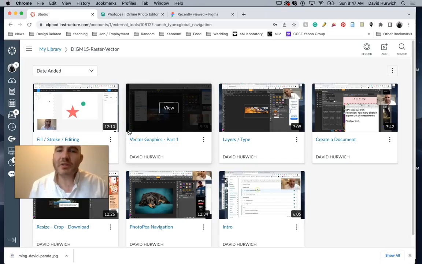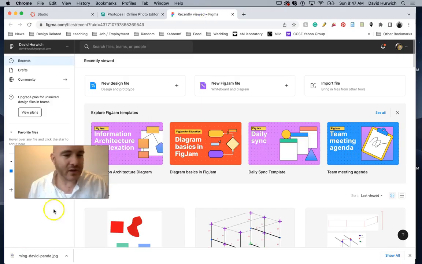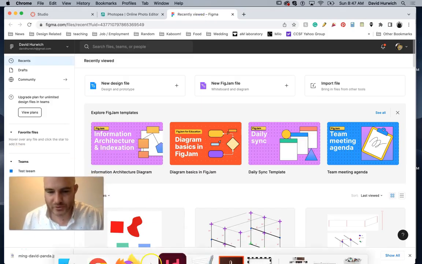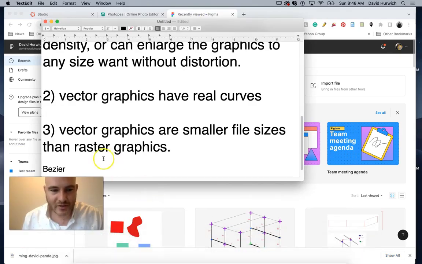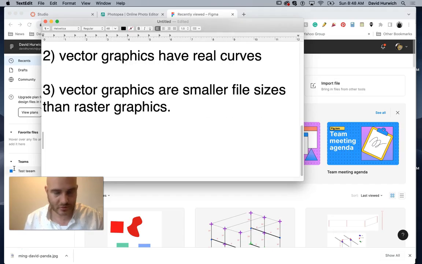Alright guys, let's do a little practice with Figma. I actually gave you guys some files you can work from. The file type for a Figma file is .fig. There it is, .fig. So if you want to import them,